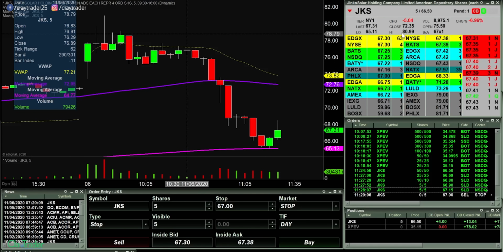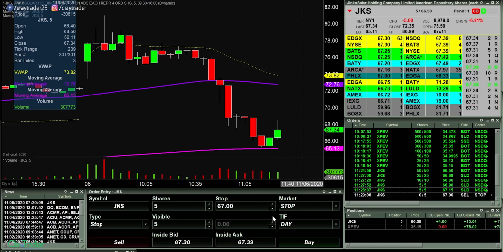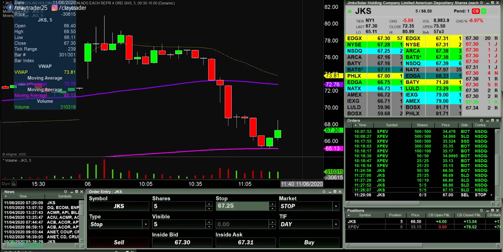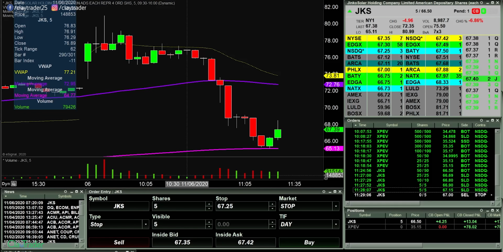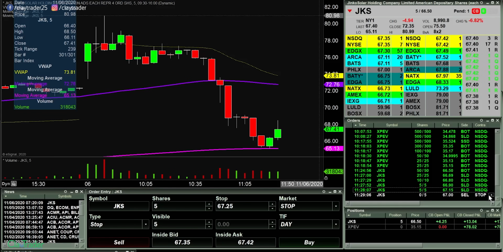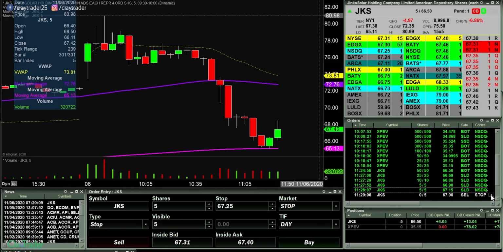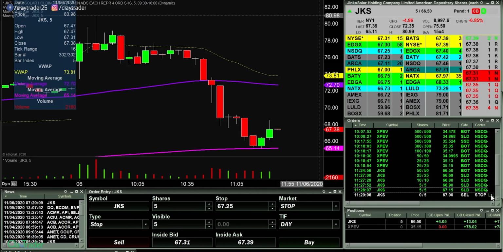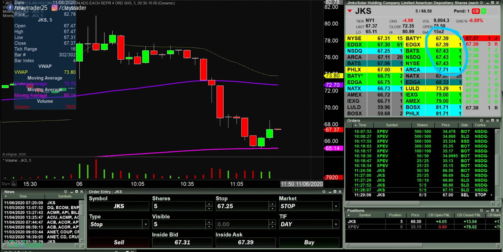So let's just say, and I'm making this up, if this thing goes up over 67.50, then you want to adjust your stop loss once again to 67.25. So I want to practice that. So get that in there. But again, it hasn't gone up over 67.50 yet. But if it does, then you want to cancel. So now you're just getting practice, watching, okay, can it get up above 67.50? If it does, then it's time to, like I said, adjust that stop loss up once again. So now I'm getting practice and just watching that price. If this thing goes up over 67.50, then I will be adjusting my stop loss up.